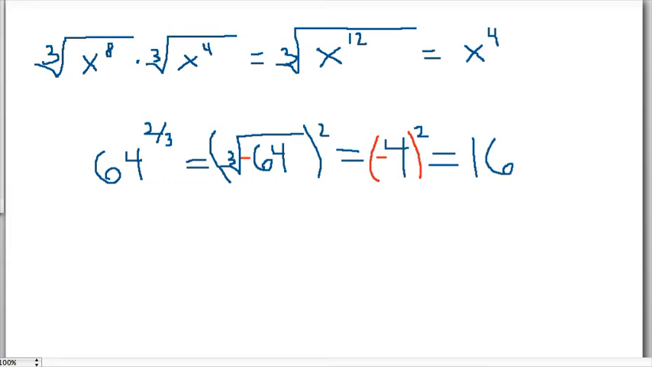If I were to change the problem and just put a negative on the outside, that would just throw a negative on the outside of the 16. Okay, another one is going from